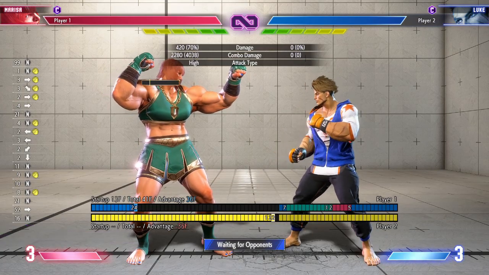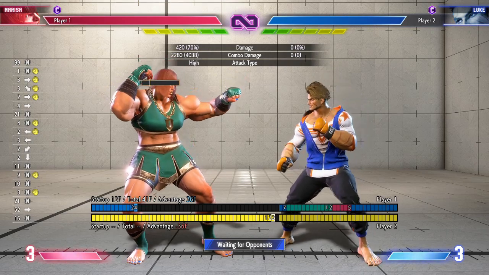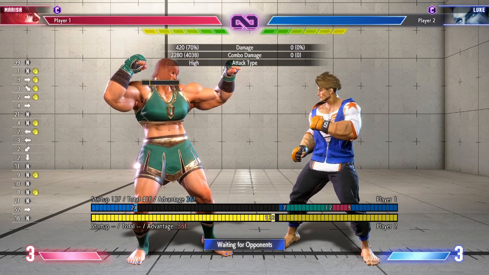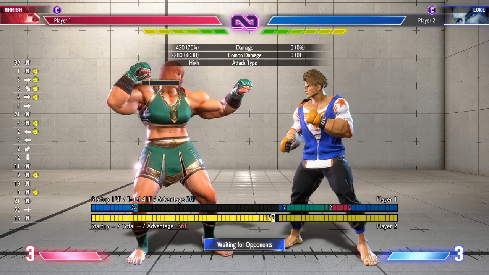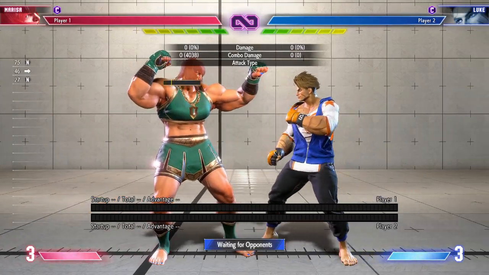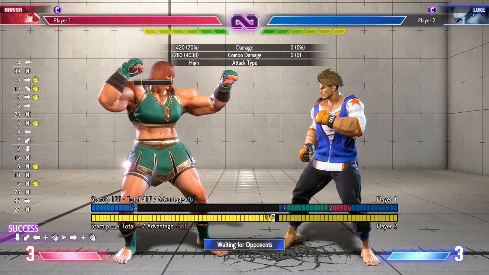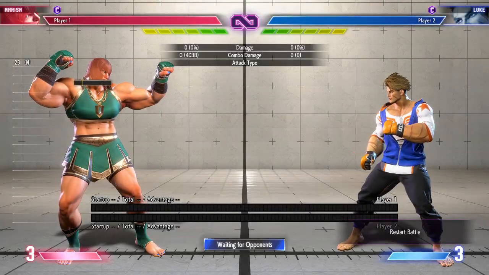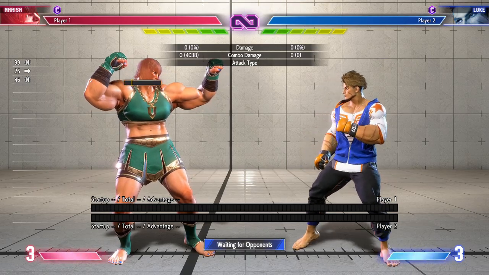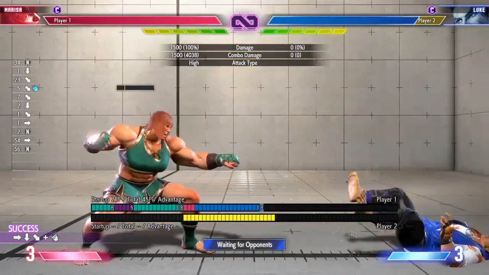So why am I getting a bunch of extra inputs? I literally don't know what's going on with the forward. The forward at the end of the Damacaris doesn't make any sense to me. 1, 2. Yeah, and all I'm doing is pressing the forward. Why is it giving me all those other inputs? Maybe I need a new controller. Is this just the way the game...